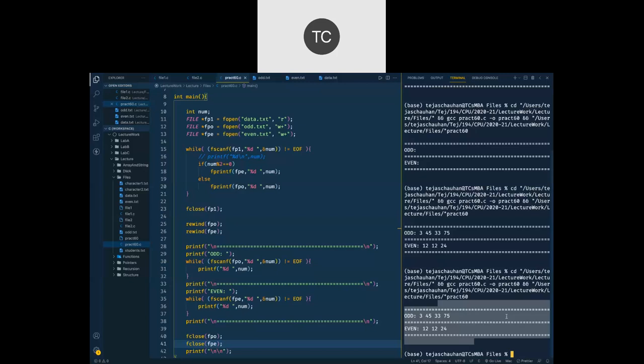The fseek function is going to jump your file pointer wherever you want. You have to calculate those things and provide appropriate parameters. First parameter is file pointer, second parameter is offset, and third parameter is the reference from where you want to jump. Okay, so those are the functions that you can use with files.